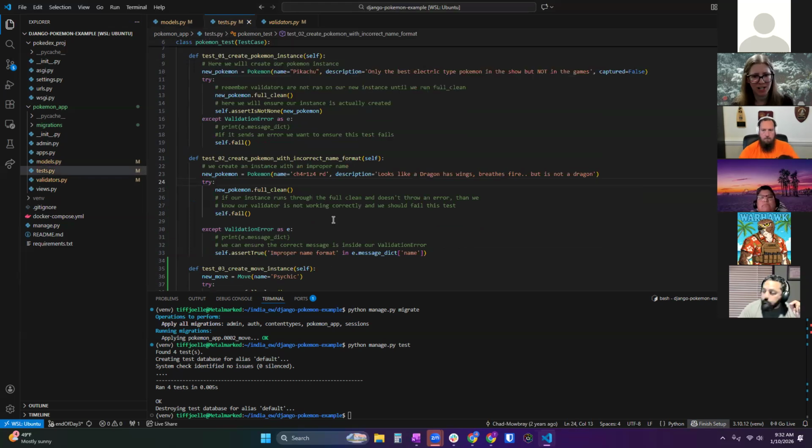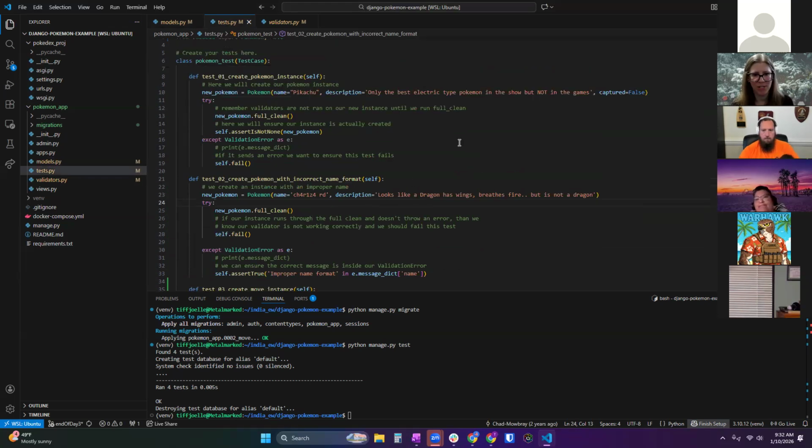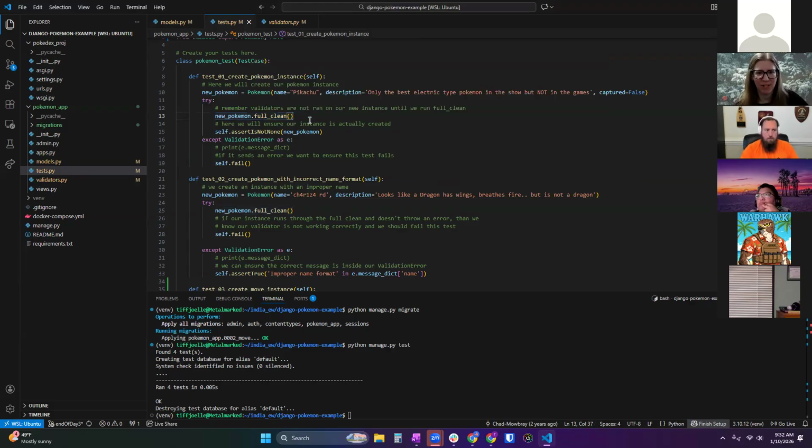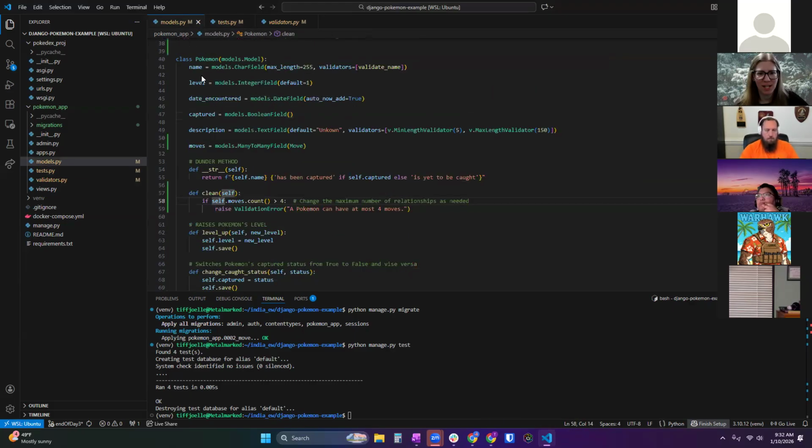When we wrote our tests, we can see that after we establish a new instance of this model, we do a full clean. Yes, validators, yes. So full clean runs all the validations that we have written for this model. And it includes, so it'll run all these here.